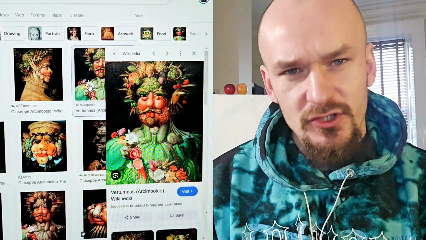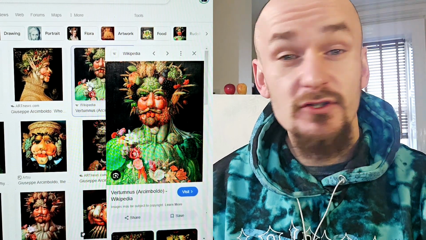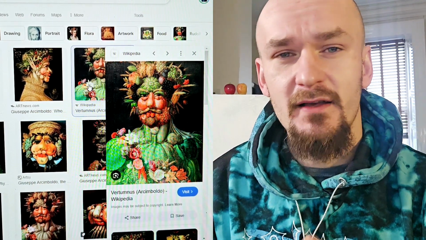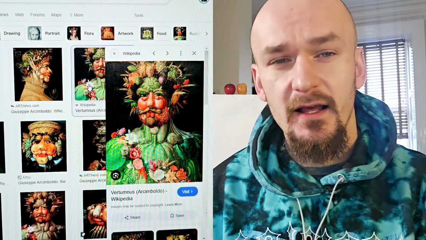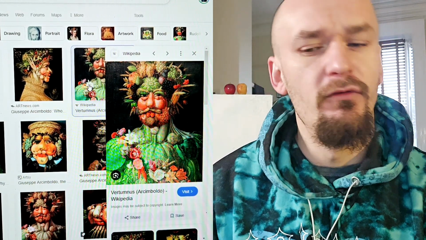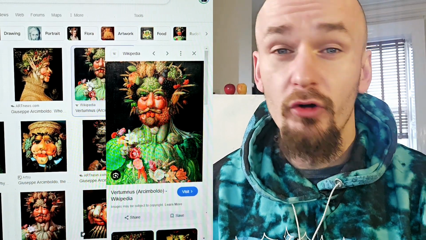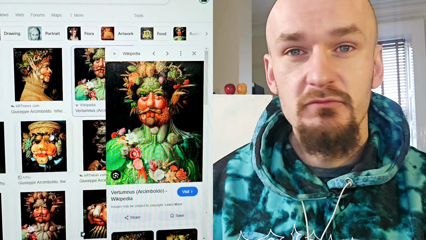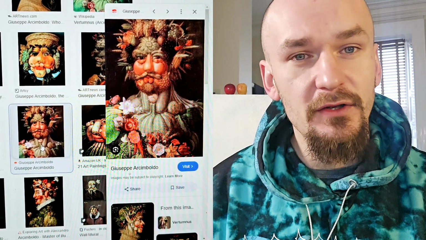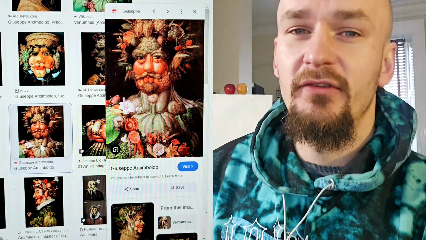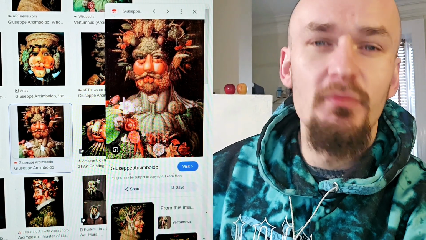But yeah, make a page in your sketchbook, write 3 things you like about Giuseppe, 3 things you don't like about Giuseppe, and 3 facts about Giuseppe. So 9 things in total. You could just write 9 lines. I like this, I like this, I like this, so on and so forth, okay? And then just do a little bit of research. And if you want to have a go at drawing something yourself made up of fruits or vegetables or things you'd find wherever, then go ahead and do that. But that's not the task itself. The task itself is just to do a little bit of research on Giuseppe Arcimboldo.